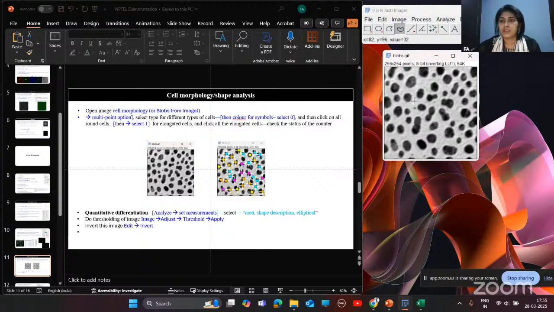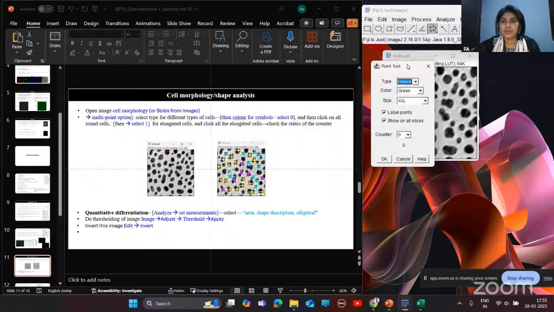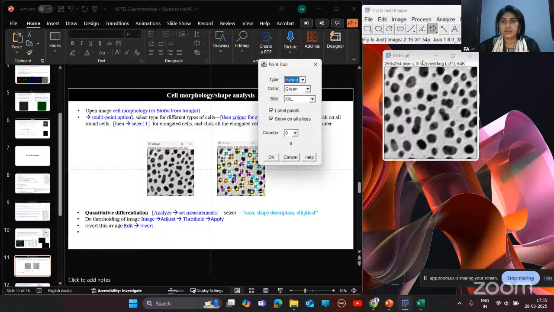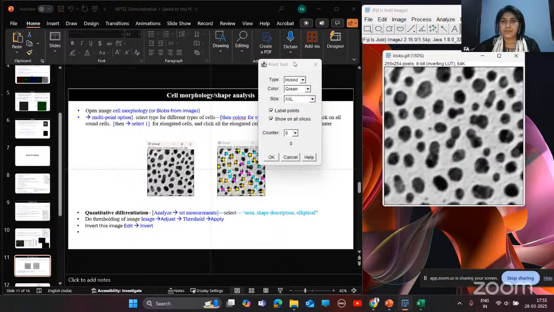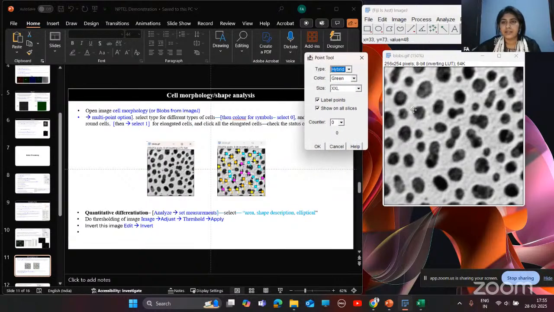To quantify, to analyze the morphology of these images, you need to select this multi-point option. From here, this window will pop up. I'll just make it bigger, and from here you can select different types of options.